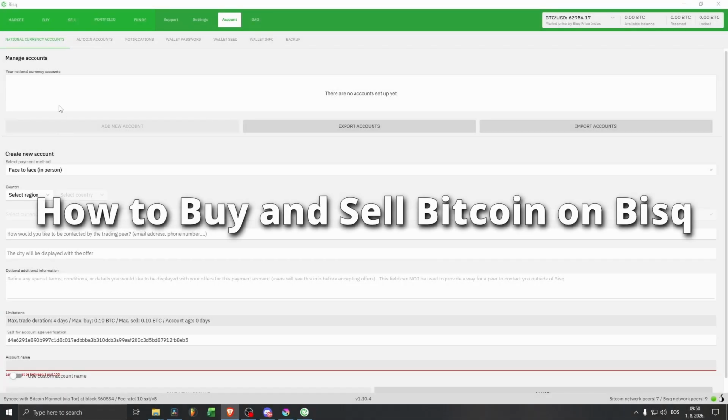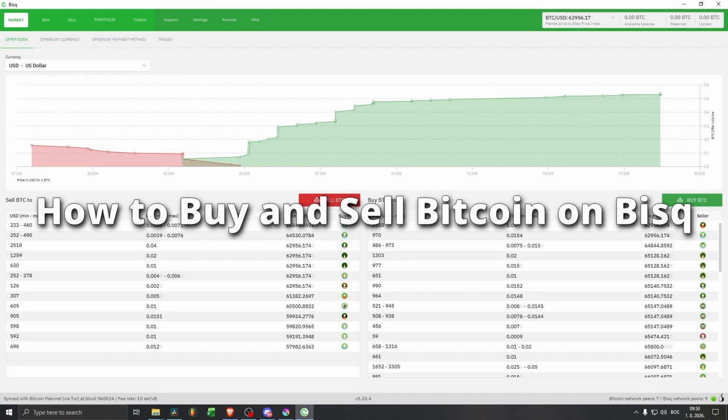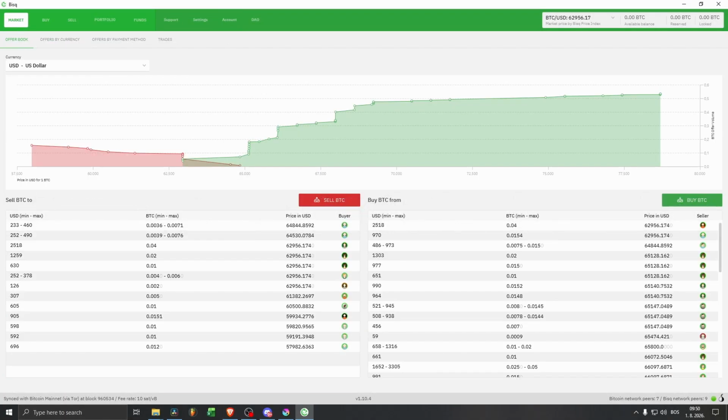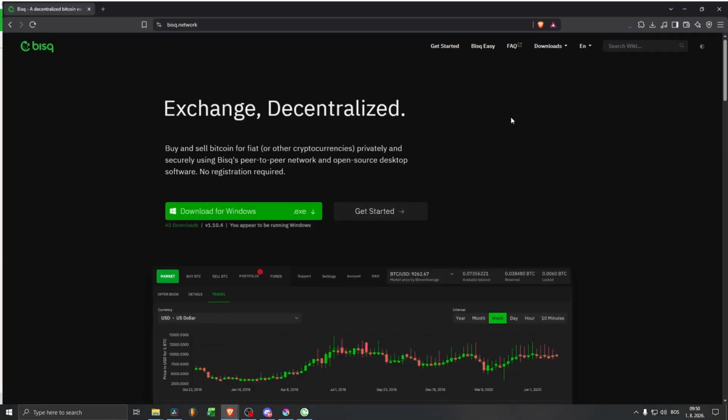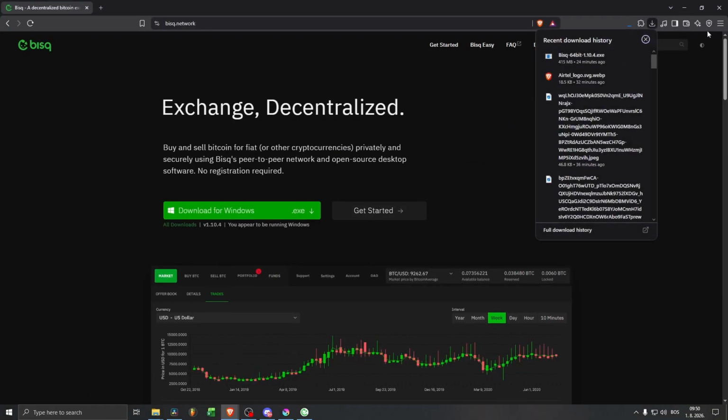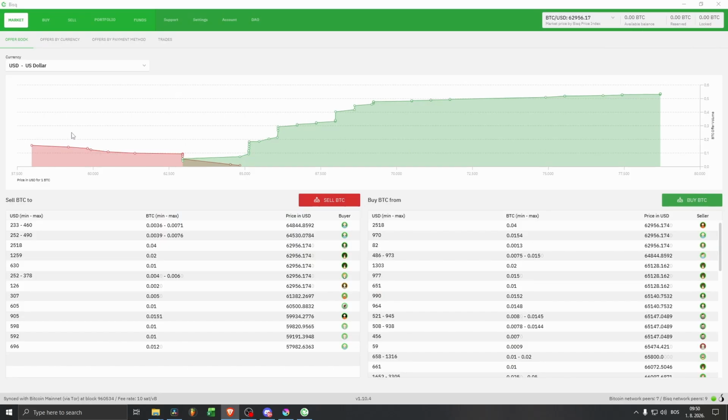How to buy and sell Bitcoin on Bisq. So the first thing that you need to do is download Bisq from its official website right here, and then just run the setup. Once you've done that, you're gonna open up the application, and then you're gonna create your